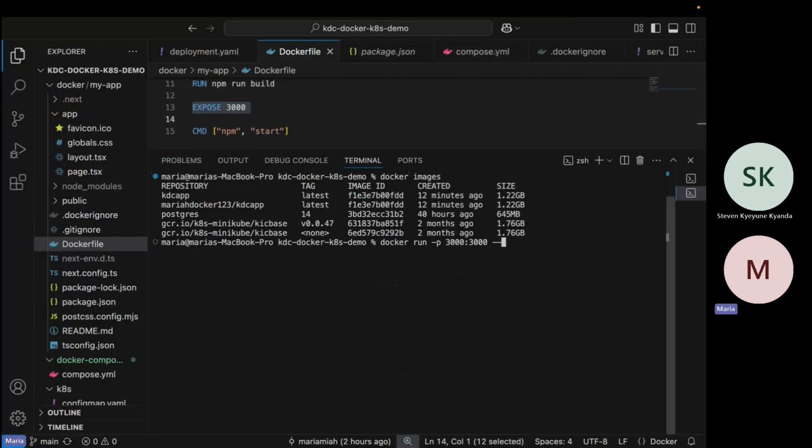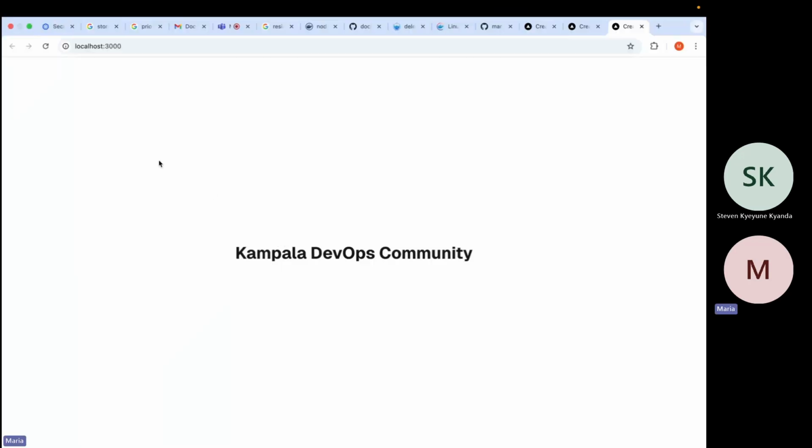So docker run -p. This time I'll give the container a name. I will call it kdc-app. Then you also add its image, kdc-app. So it will do the same as you saw in Docker Desktop. If you go there, that's the same.